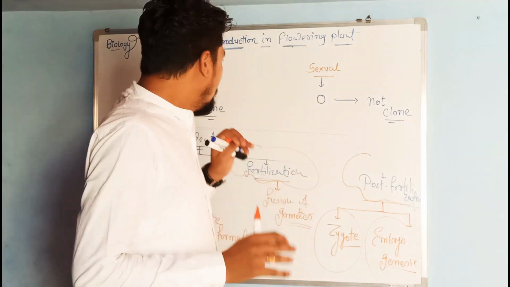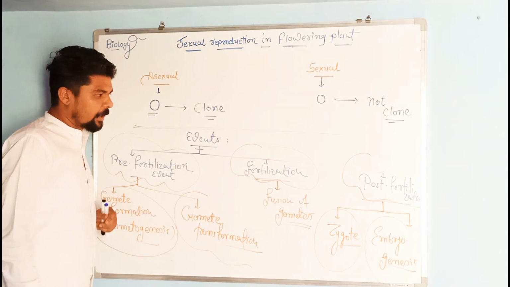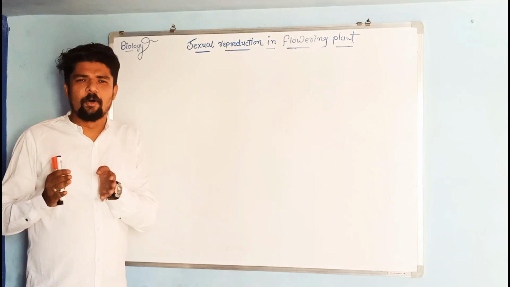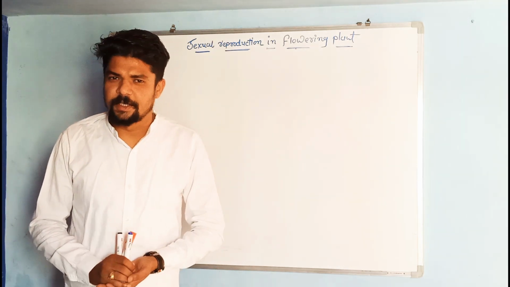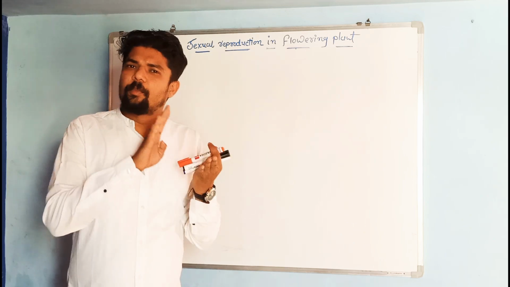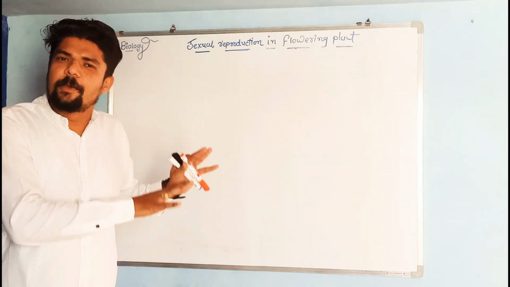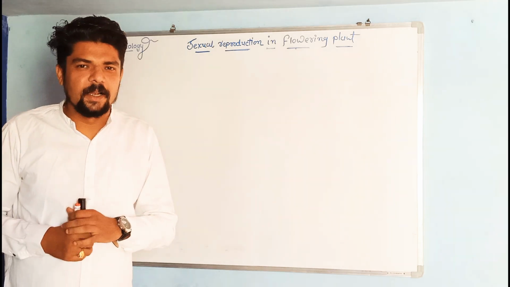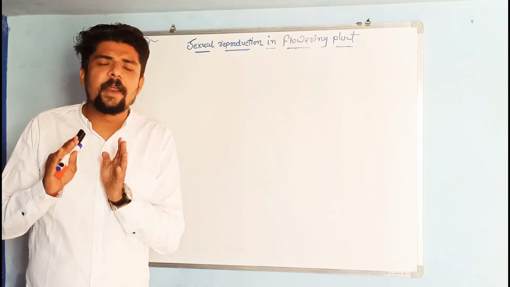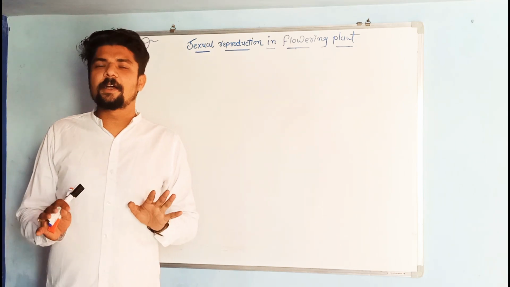ओके, सो आई होप यहां तक सबको पता चल रहा है. ओके, सो यहां तक हमने इंट्रोडक्टरी पार्ट देखा कि क्या होता है यहाँ पे सेक्सुअल रिप्रोडक्शन के अंदर, उनके इवेंट्स कितनी है, तो 3 इवेंट्स है. प्री फर्टिलाइजेशन, फर्टिलाइजेशन एंड पोस्ट फर्टिलाइजेशन। यहाँ पे हमने उसका ब्रीफ एक इंट्रोडक्शन देख लिया। अब नेक्स्ट वीडियो लेक्चर के अंदर हम हर एक इवेंट्स को बाय डिटेल हम पढ़ेंगे।